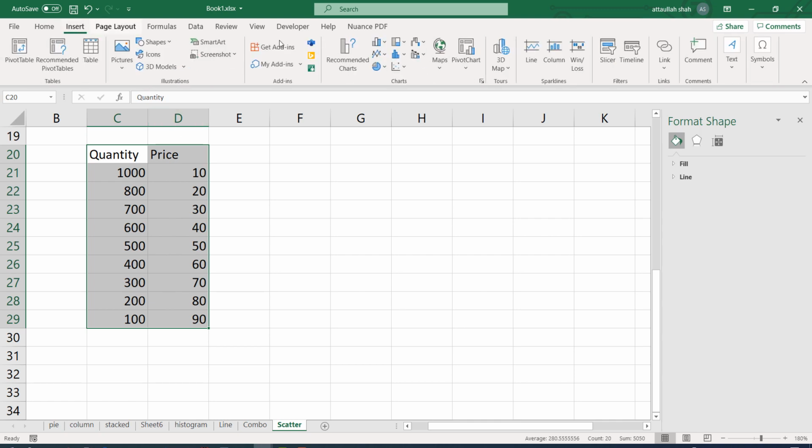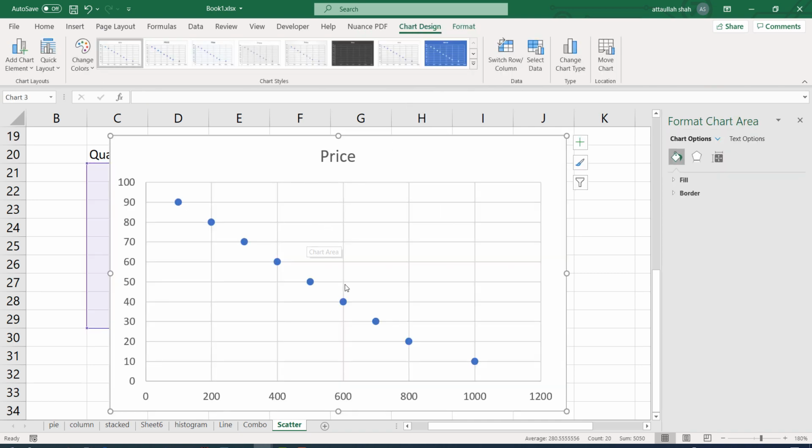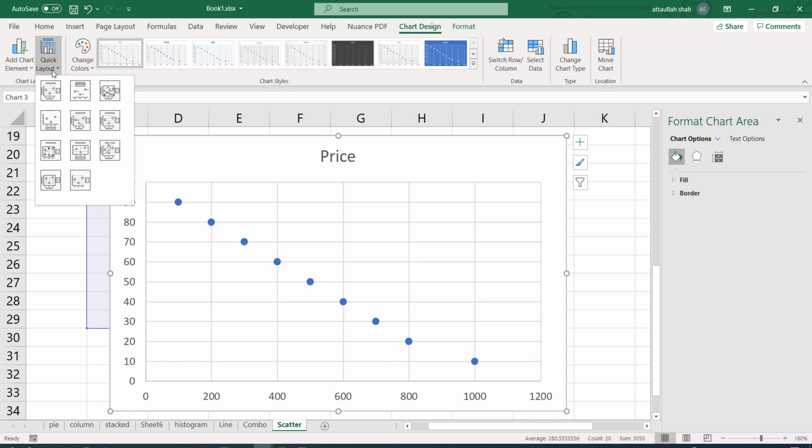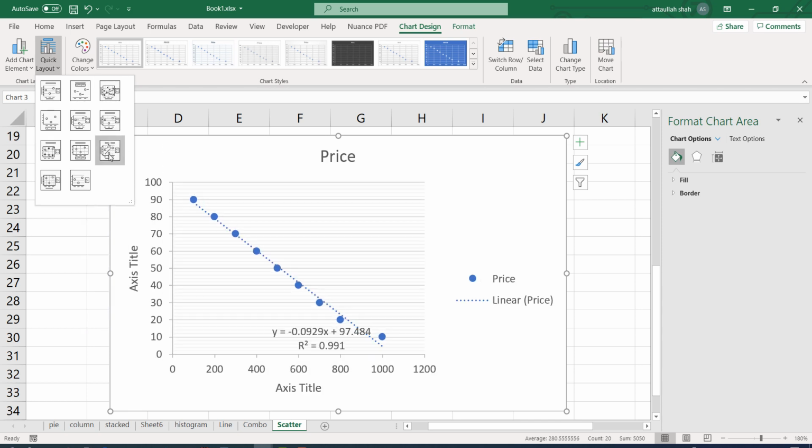And now I go again to insert and scatter. So now you see that the quantity demanded is on the x-axis and price is on the y-axis. So let's quickly add some labels to the graph.